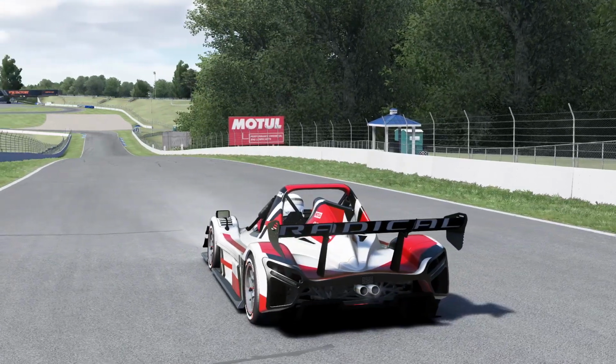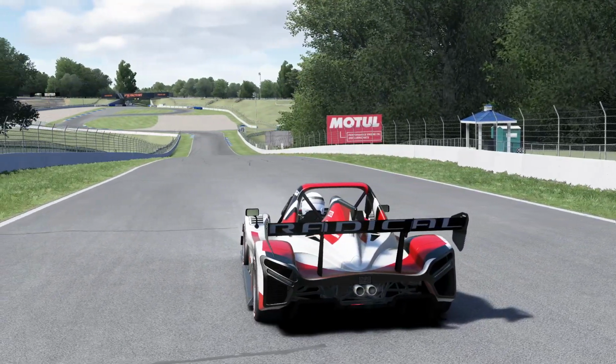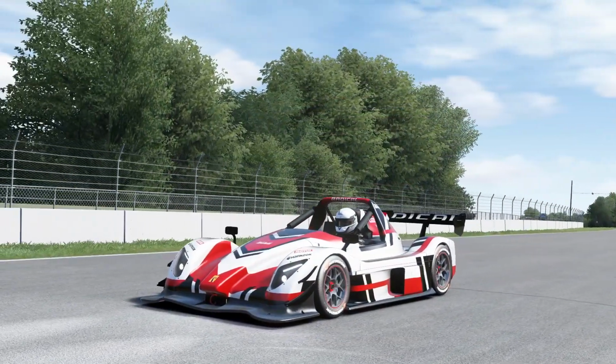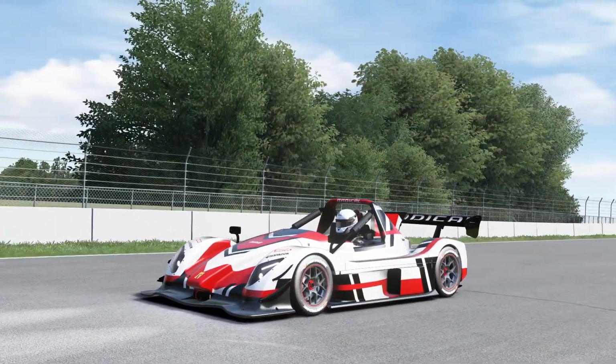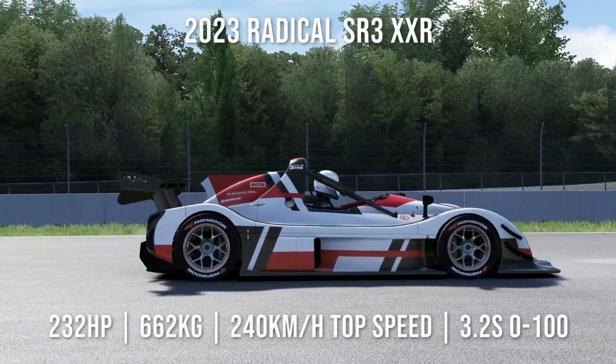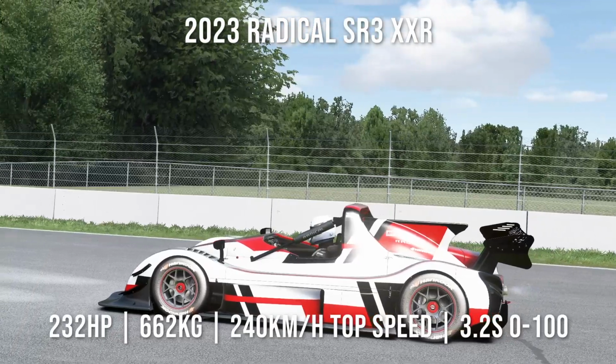This is the Radical SR3 XXR mod for Assetto Corsa. It's the official mod of this car, available for free and endorsed by Radical Motorsport and created by United Racing Design. I'm Mike for SimRacing604, and today we're going to set a lap in the XXR at Road Atlanta and